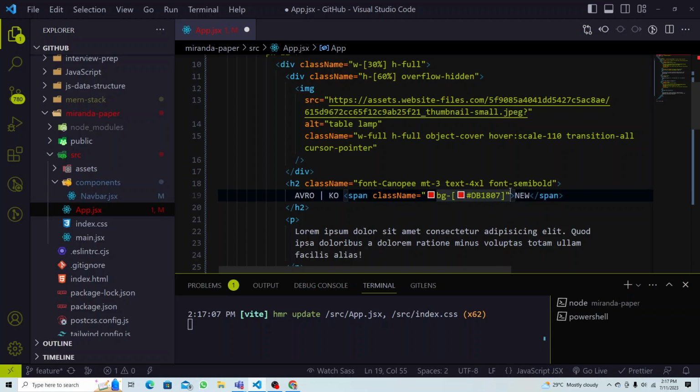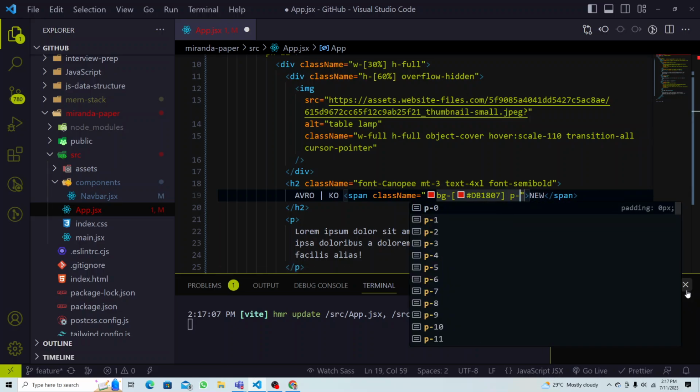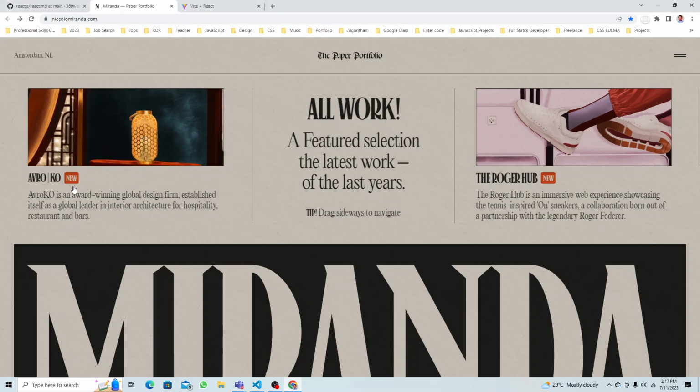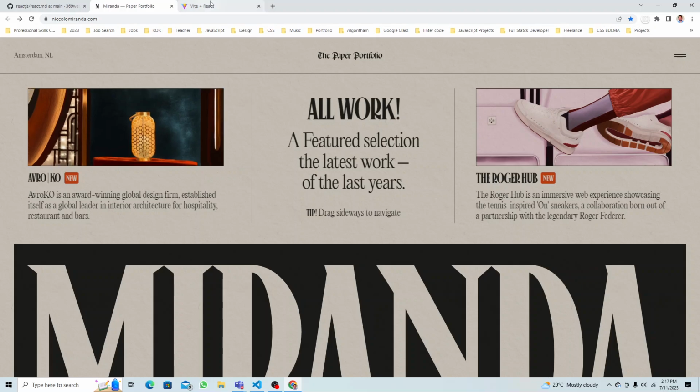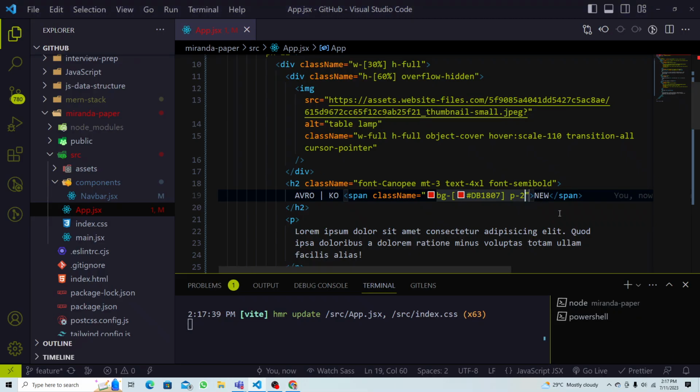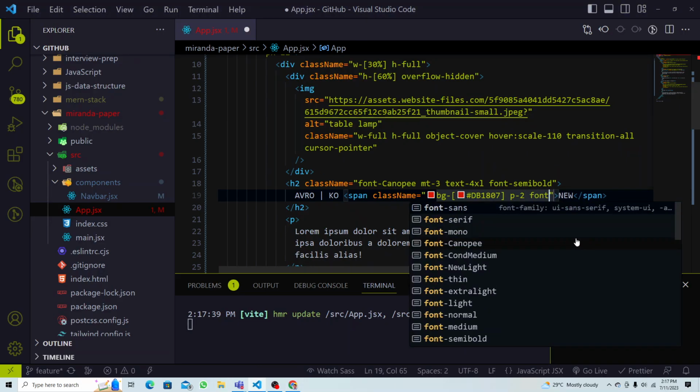Okay, so we have that, right? There is some small padding also, so let's add some padding, maybe 2, and yeah, so let's see, right? There is a little bit of rounded border also, so that's big, right? That looks big. We're gonna reduce the font size here, so let's make the font maybe